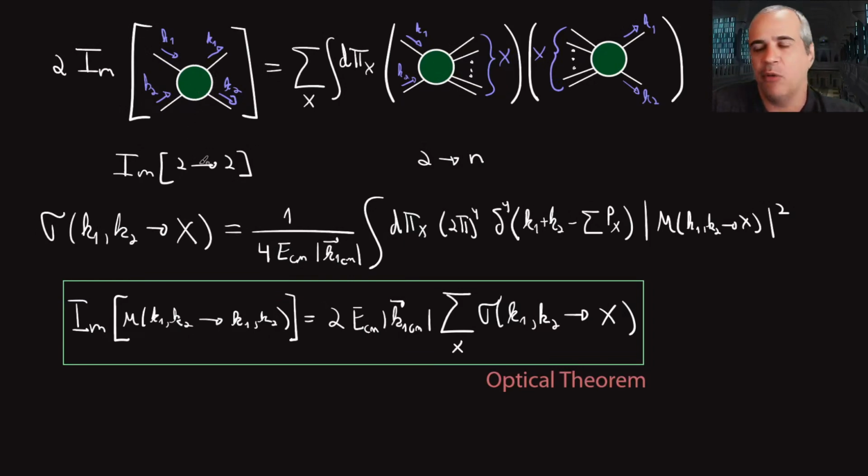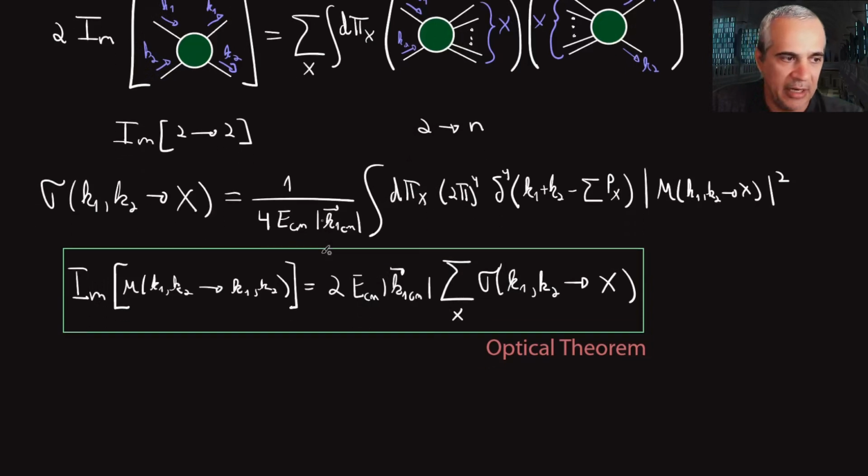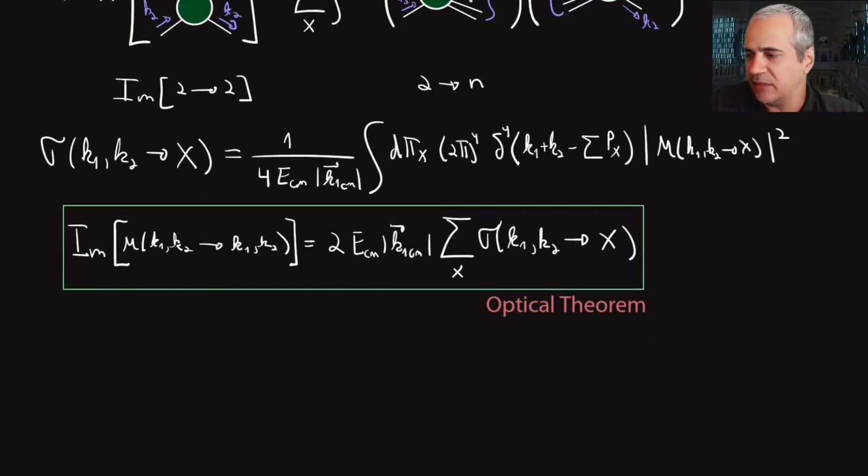Instead of actually going through the whole calculation of the loop and having to deal with those complicated integrals, and then in the end finding out the imaginary part, you can actually use this to get directly the imaginary part, right? This is what is called the